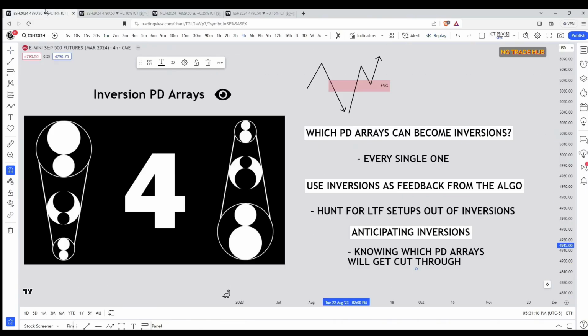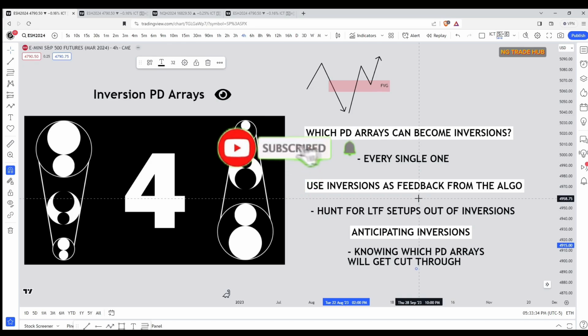That's going to be it for this video though. We learned a few things in this lesson. Every single PD array can be an inversion. You can utilize inversion PD arrays as feedback from the algorithm of which direction order flow is. So if you're anticipating for price to trade higher and it's cutting through bearish PD arrays, that's feedback that you're likely on side with smart money, and to see a continuation in that direction. And as you see a continuation in that direction, right, you're